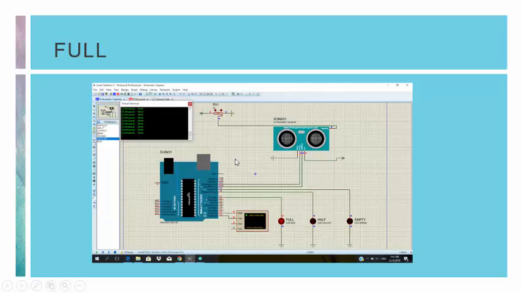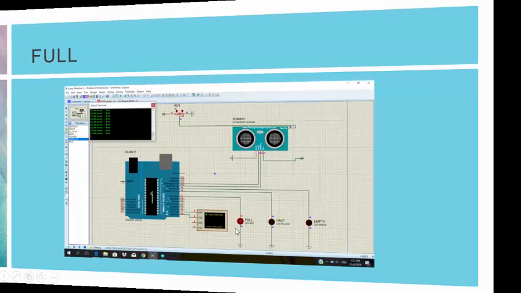Okay, now the next picture is the full condition. So the value of resistance is decreased even more from the previous section. At this time, the resistance is decreased a little bit more and causes even more input to go into the system. Because of the high input, the red LED turns on because it is set to detect high input. Based on our real project, this simulation reflects the condition when